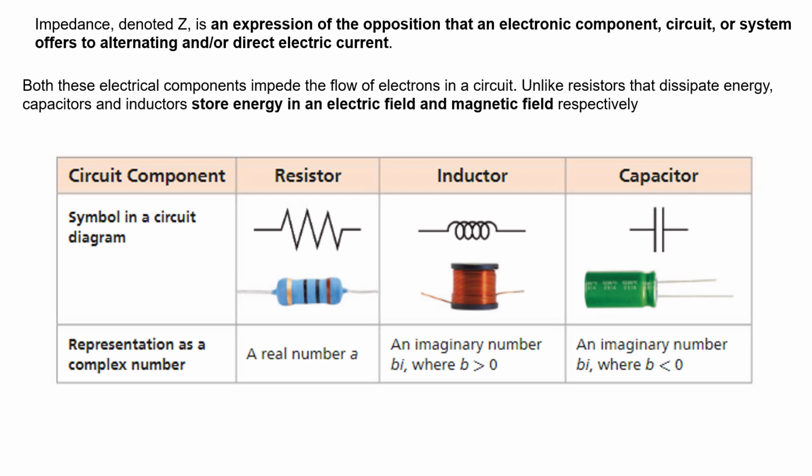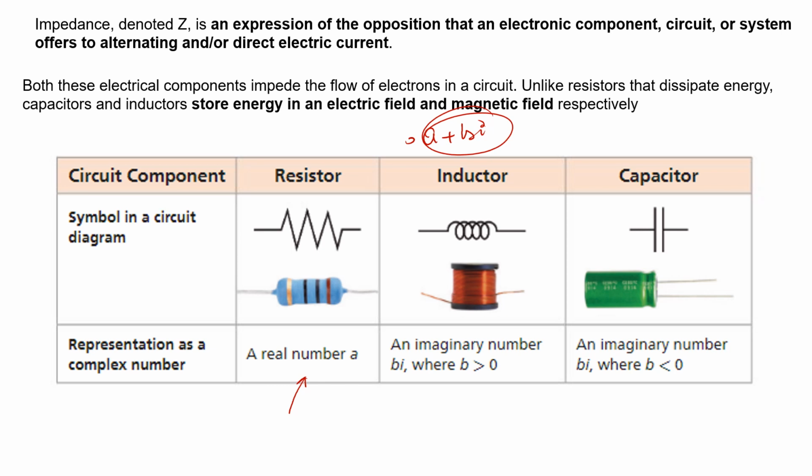to the direct current. There are three basic components of the circuit that are known as the resistor, inductor, and capacitor. Resistor dissipates the energy, whereas the inductor and capacitor store the energy. Since the resistor dissipates the energy, it can be shown in a complex number a plus bi, as the real number,